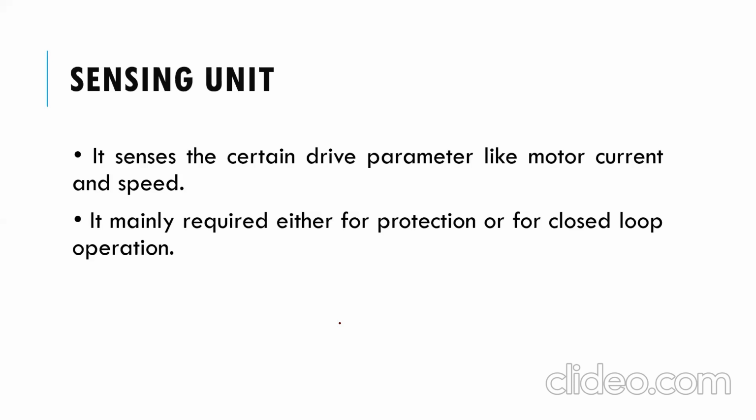In some cases you call it CT/PT. It is mainly required either for protection or for closed loop operation. For closed loop operation, as well as to check whether the value of current is below the allowable limit, which is for protection purpose. Means what? If the control unit has to work in a closed loop manner or has to protect the switches, you must have sensing units. In the next lecture we will see what are the advantages of electric